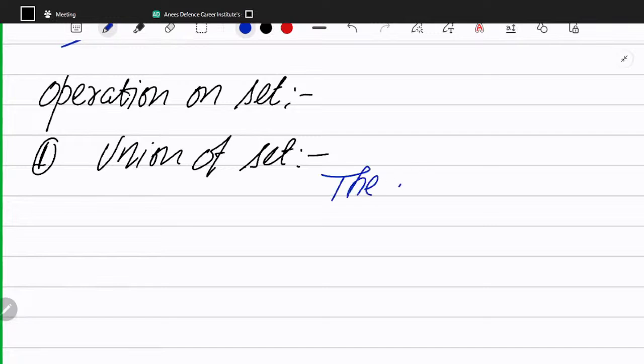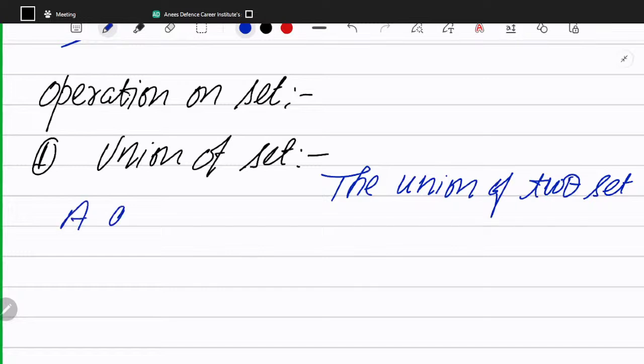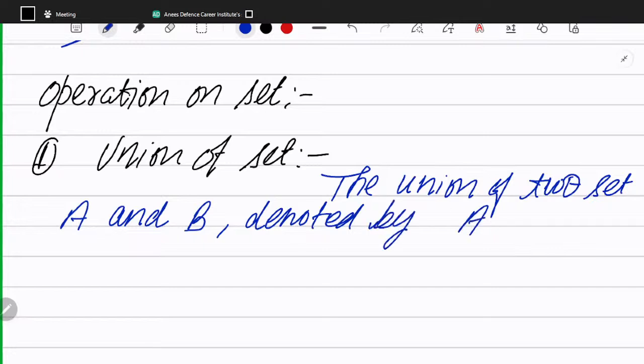Write down the definition. The union of two sets, capital A and B, denoted by A union B,